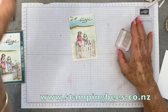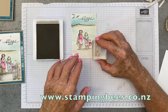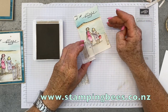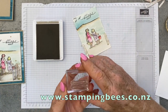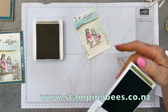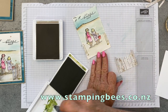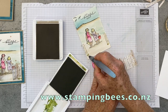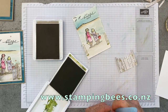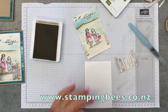And I will use the crumb cake again. So I'm just going to do one on each side. There we go. And there's a little bit of grass there, so I will just grab my old olive and just give it a little bit of grass. There we go. Oops. So I just do this with my aqua brush afterwards, just to get rid of the ink that's sitting on there. And while I have this ink pad open, I have just used it on the inside